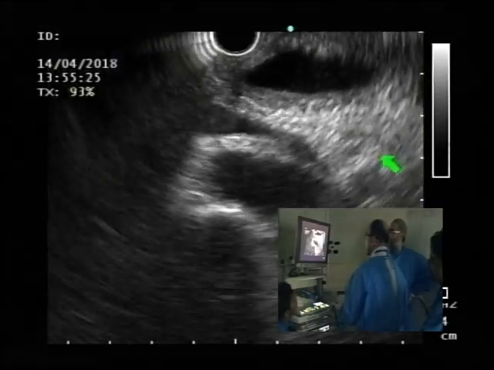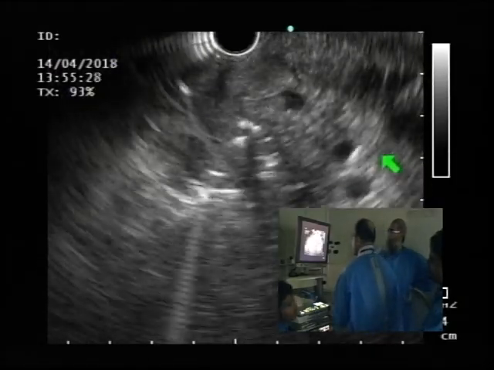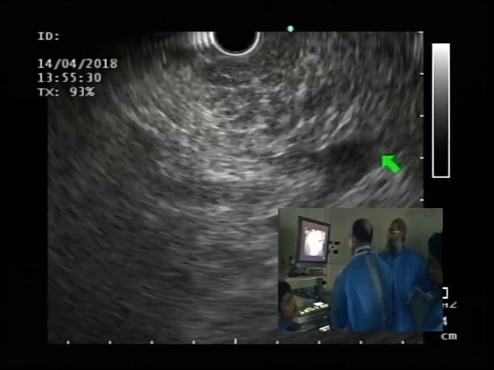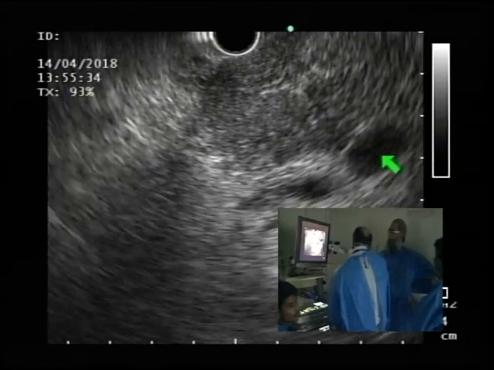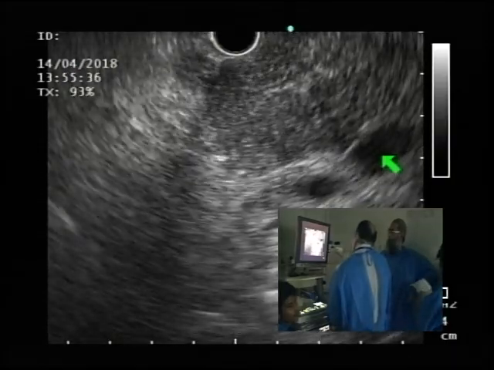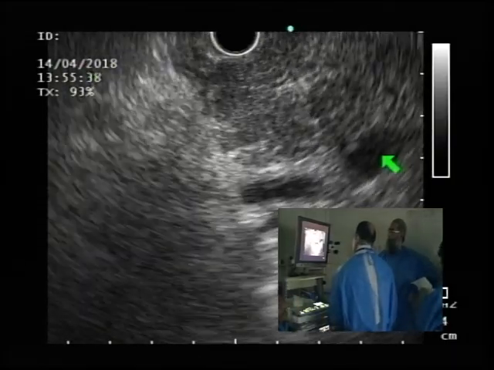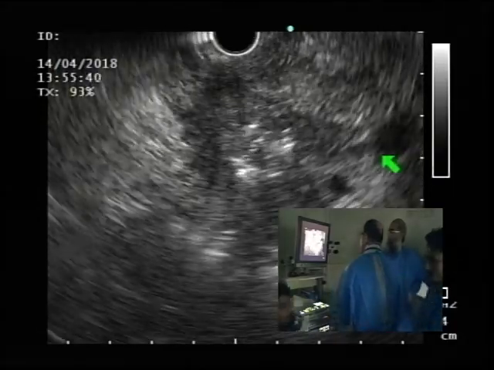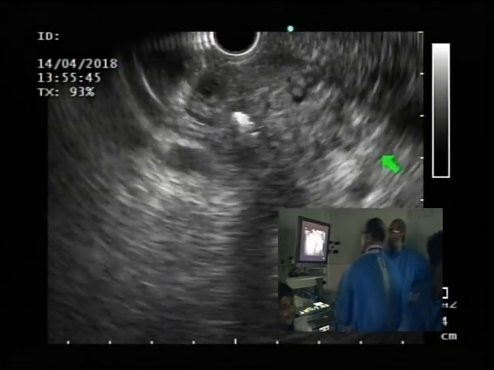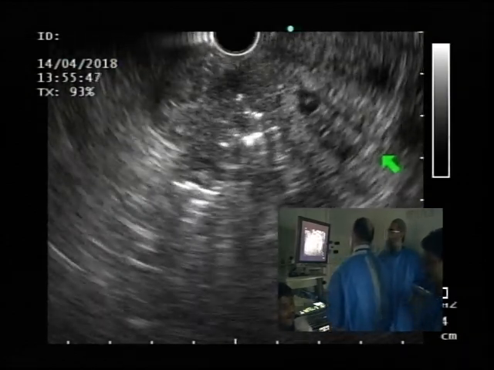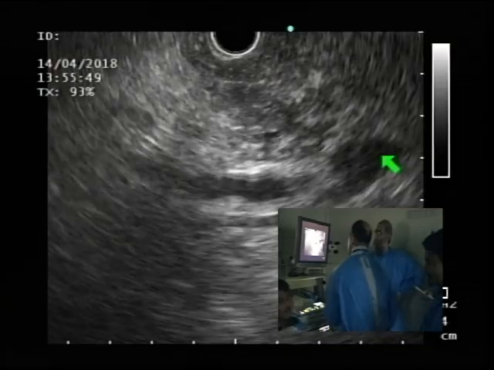So this is the bile duct again, and this is the pancreatic duct. And if I keep going clockwise, I get to the mass, which tells me that if I'm going clockwise, I'm going more anterior, which tells me this is an uncinate mass. So this is a mass in the pancreatic uncinate process, PD, bile duct, right there. So to biopsy, we want to try and stay away from the pancreatic duct, and we're going to basically